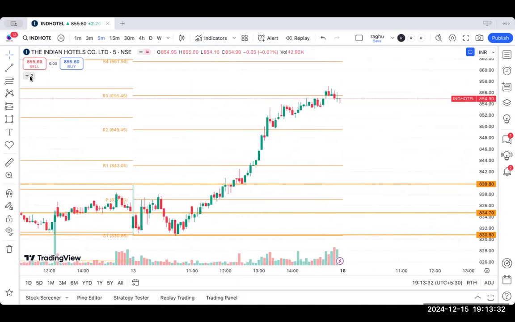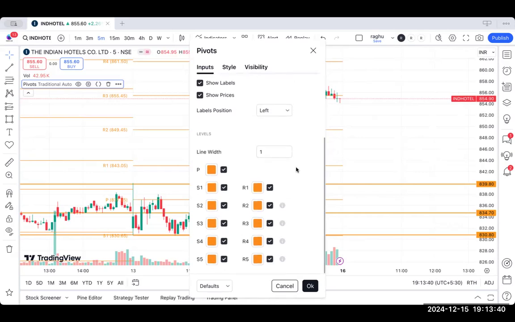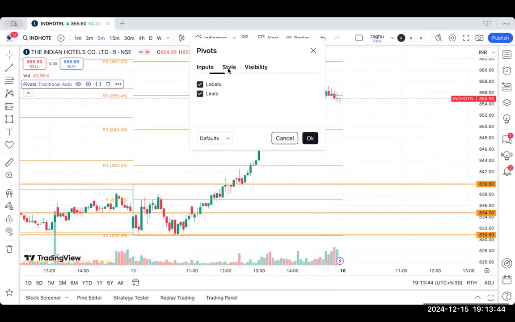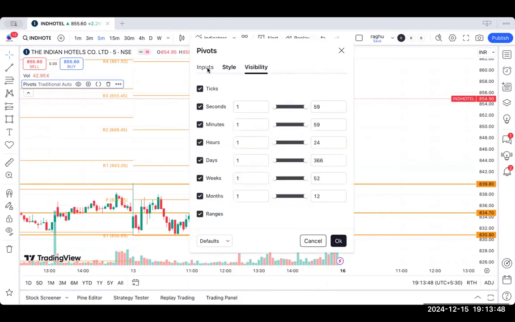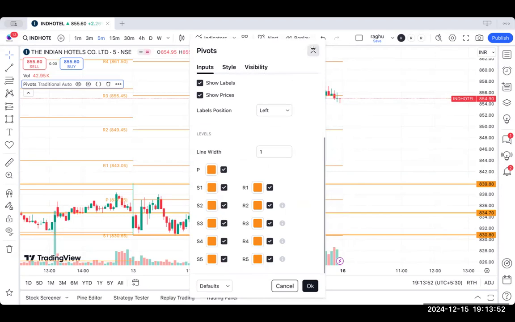Don't change any settings. This is in the traditional. I will give you different settings later, not now. Now you go with the basics. There are some settings, some numbers. If you change them, it will give you very accurate information. But right now, I'm not sharing any details there because first you need to practice price action and be a